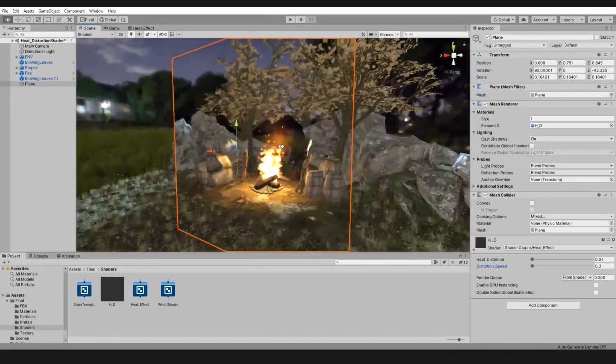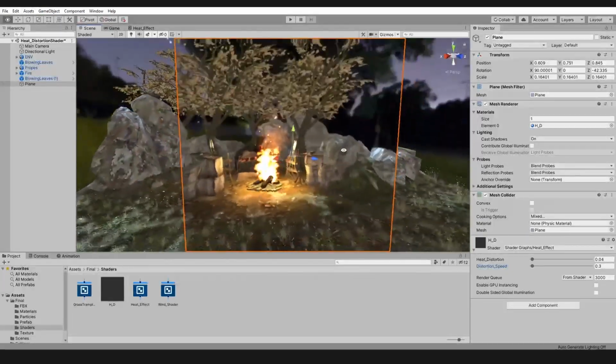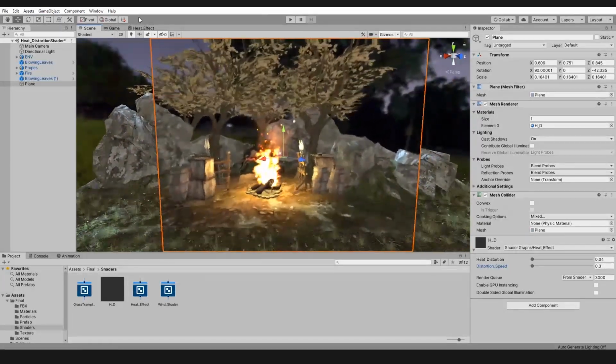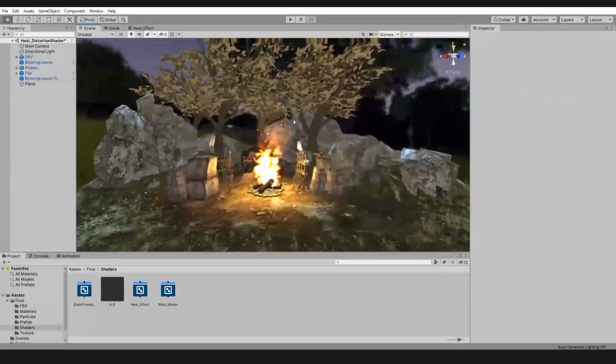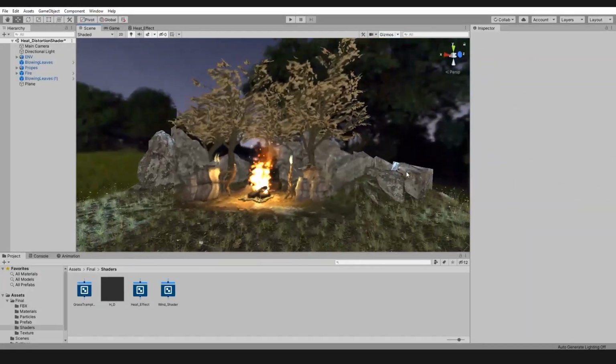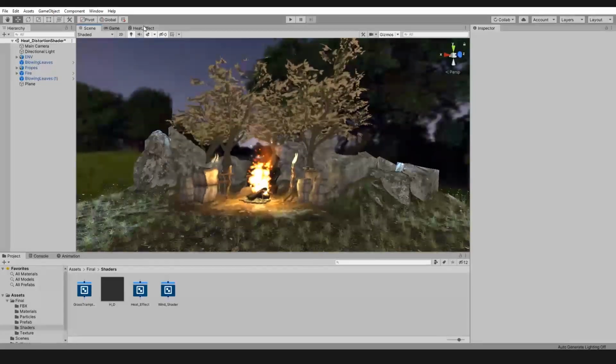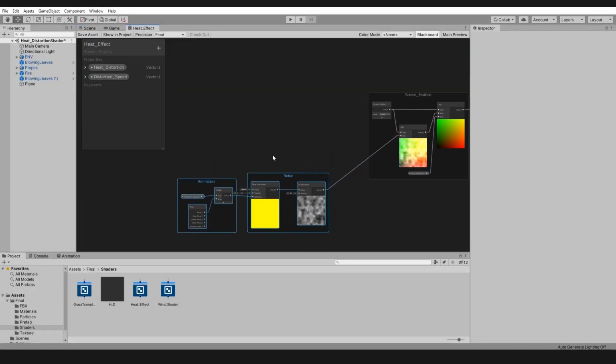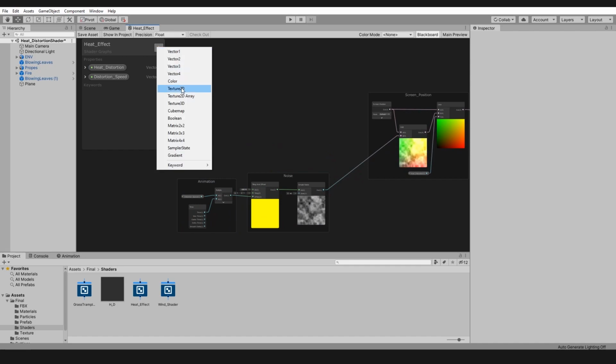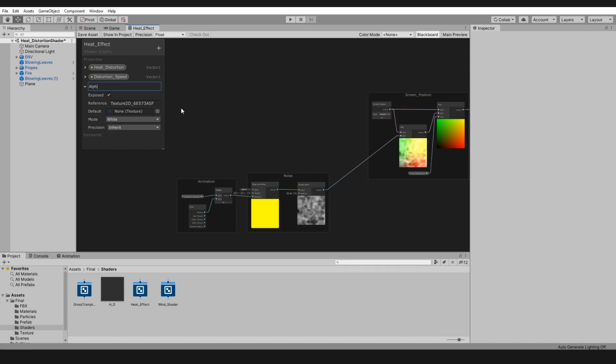So now the only problem that we are left with is the hard edges around the plane. So let's fix it by adding an alpha map, or maybe a simple black and white texture. So back in Shader Graph, we need to create a Texture2D in the Properties panel and name it Alpha Texture.